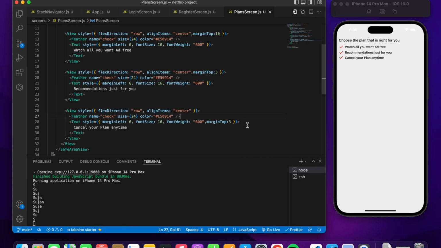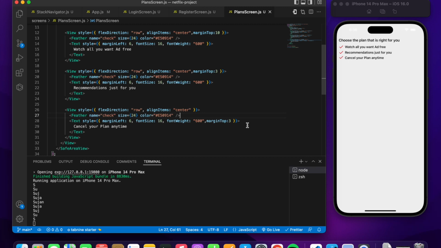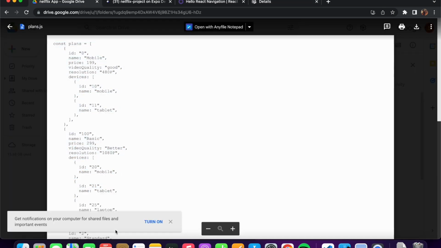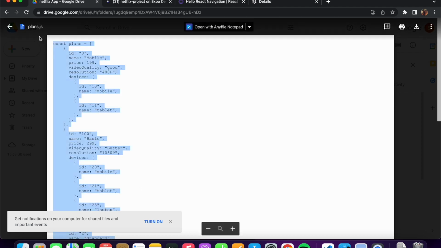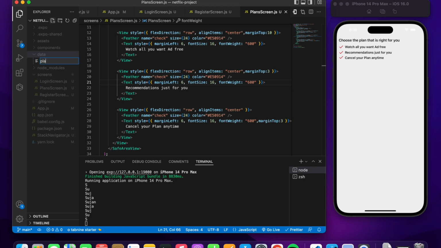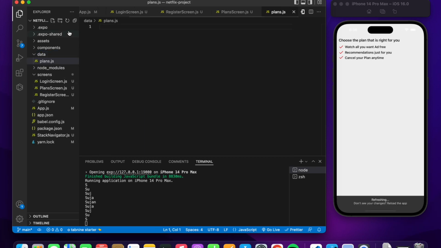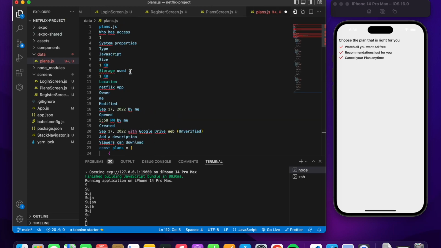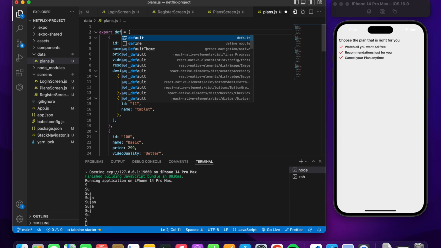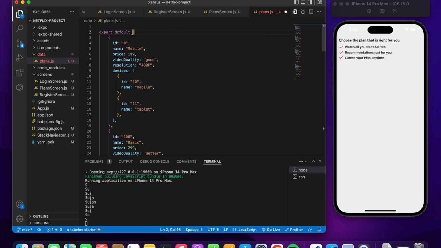Yeah, so the next thing we want to do is to start designing the plans. Okay, so let us copy that. We have the data over here. I've created the drive link, so I'll be sending this in the description so you can use the data. Okay, so let's go into our data folder over here, create a new file, plans.js. Let's paste it over. Okay, let's remove all that. Let's write export default. Okay, yeah, so save the file,